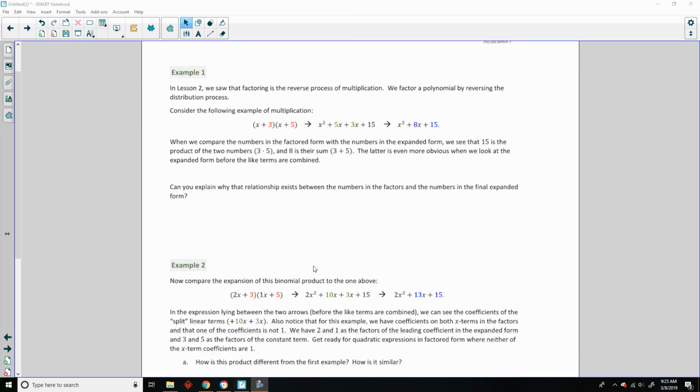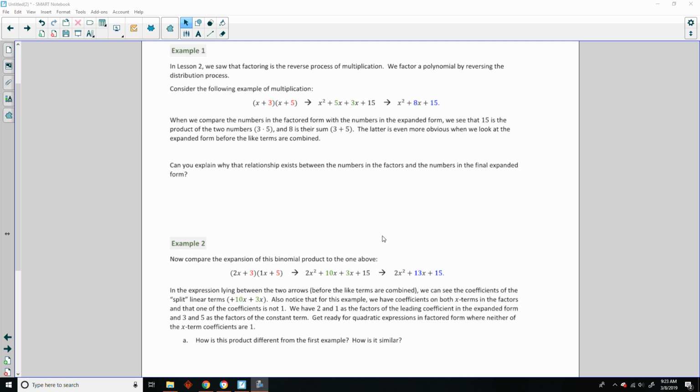Okay, example 1 here says in lesson 2 we saw that factoring is the reverse process of multiplication. We factor a polynomial by reversing the distribution process. Consider the following example of multiplication. So they're taking the quantity x plus 3 times the quantity x plus 5, and they're foiling it, taking the